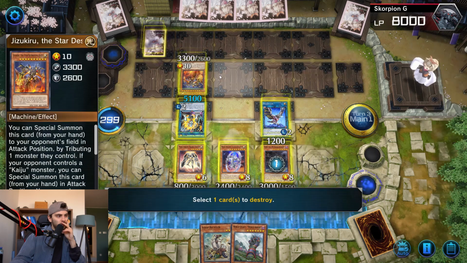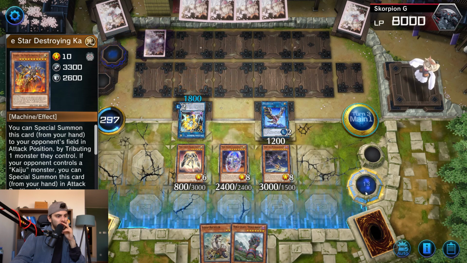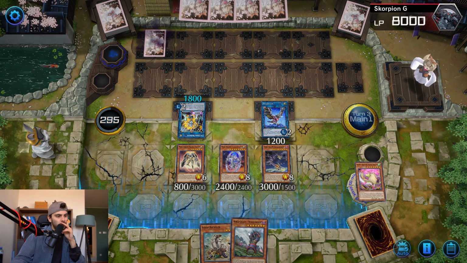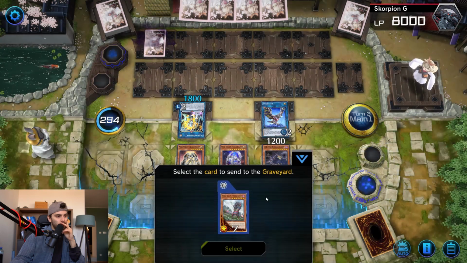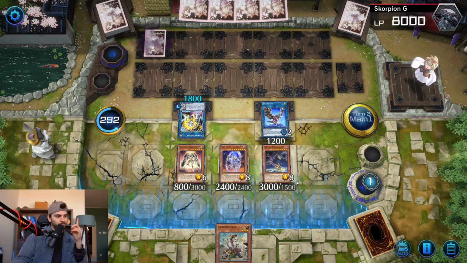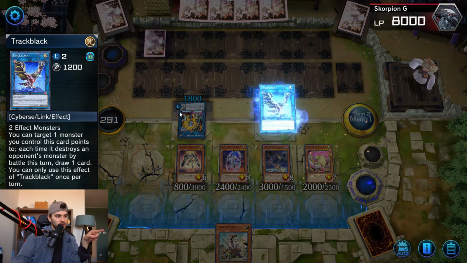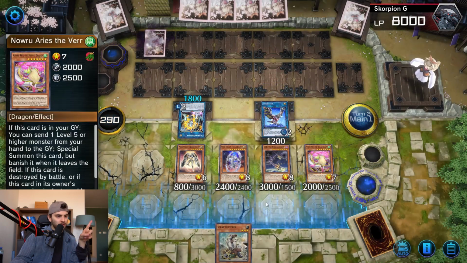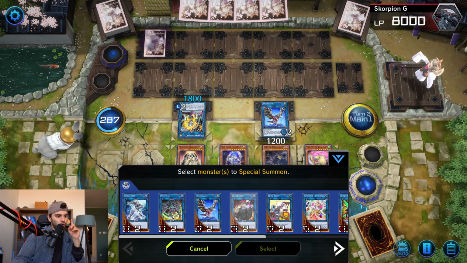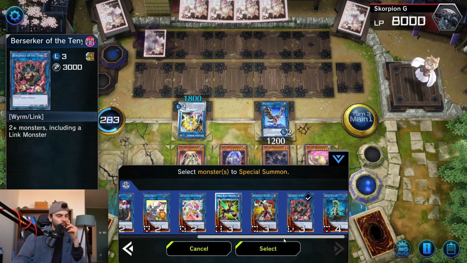Yeah, I feel like we just get rid of their Kaiju. Exactly. Now we use the effect of this one. Put this in the grave. And then summon it back. Use the Track Black effect to make us draw when we destroy this by battle later. Yes. Then we want to go for the 10-year...